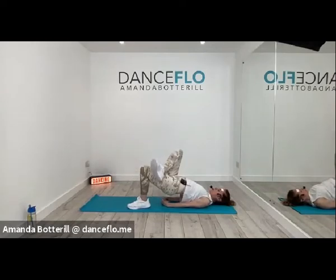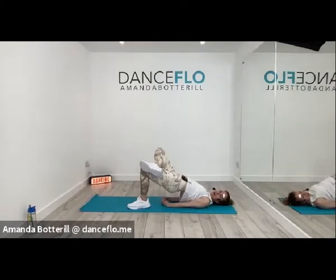Flex your foot, cross it over, a couple of inches above your knee. No pressure on that knee. Now, pulse it. Pulse, pulse, pulse, pulse. Right, keep going with the pulses. Abs in, shoulders away from ears, and breathe. Keep pulsing. 8 more. 4, 3, 2,